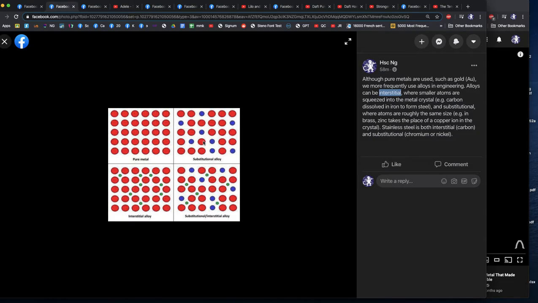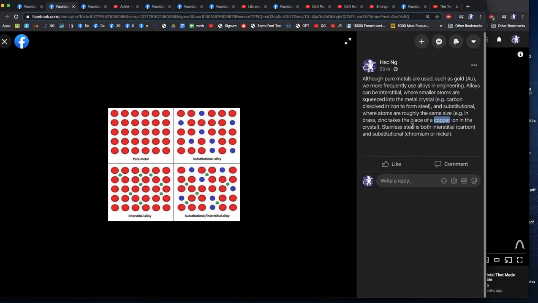We can also have substitutional alloys. Can anyone give me an example of a substitutional alloy? Well, for example, we have brass. What are we substituting in brass? Yep, that's right. The main element is copper, and we're going to add zinc. We're going to replace the copper with zinc. How much? Well, actually, not that small an amount. We actually replace about 40%